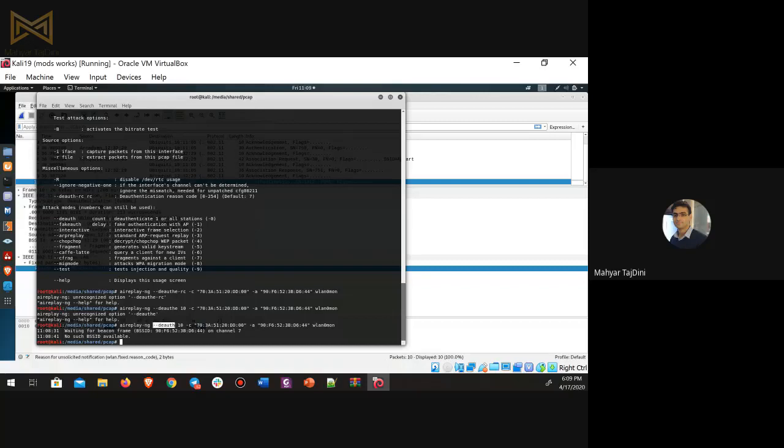You can just send the authentication packet, as many as you need. So I'm just using the default. So the reason is 7. The client which I want to disconnect is this one. And the access point to which I want to send the authentication packet is this one. And through which wireless adapter? Through this wireless adapter. Because if you remember,